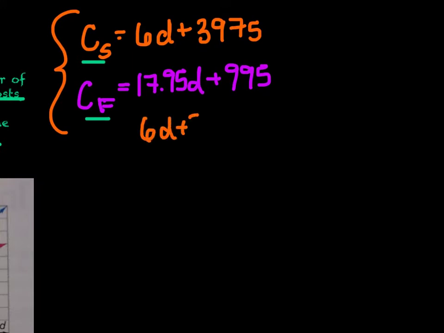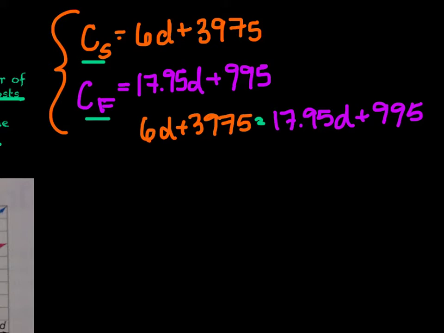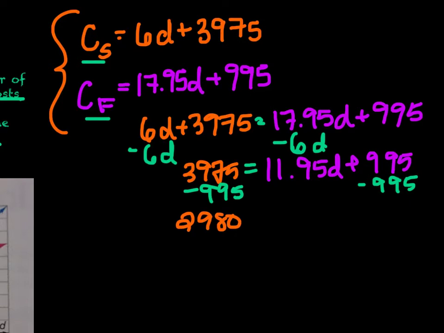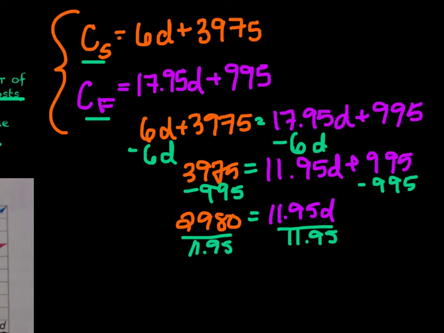We end up getting 6D plus 3,975 is equal to 17.95D plus 9.95. And we're just going to solve. I'm going to subtract 6D on each side, so I get my D's on one side. So I get 3,975 is equal to 11.95D plus 9.95. I'm then going to subtract 9.95 from both sides, and I end up getting 2,980 is equal to 11.95D, and then I'm going to divide by 11.95 on both sides. So my final answer is 249.4 days